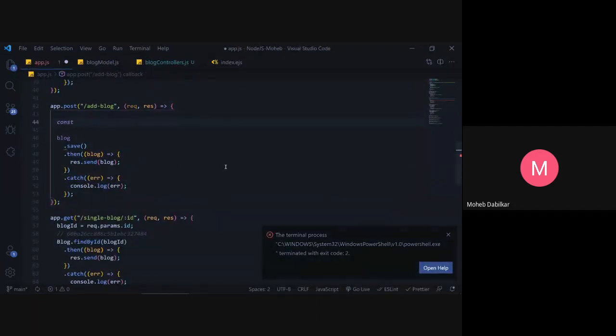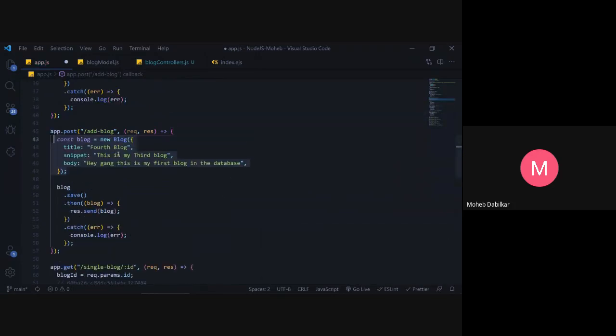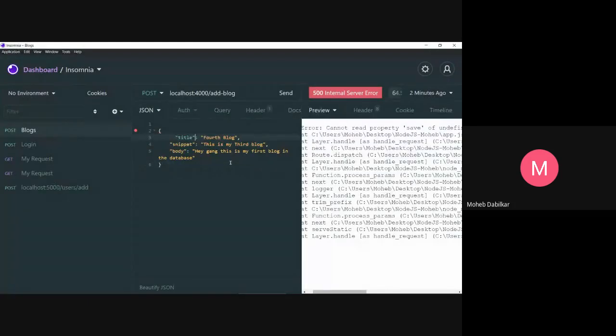In JSON, it needs something like this, text. I will just show you how to handle this error, so I will not do anything right now.